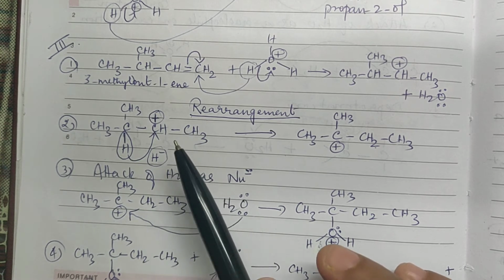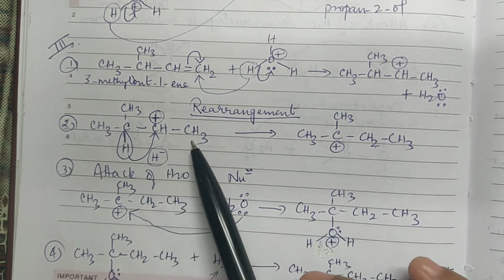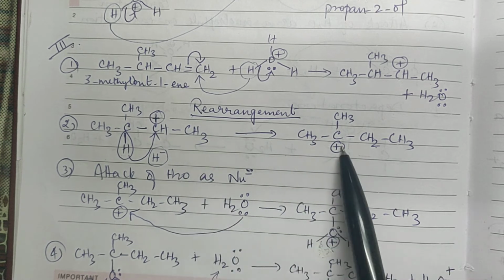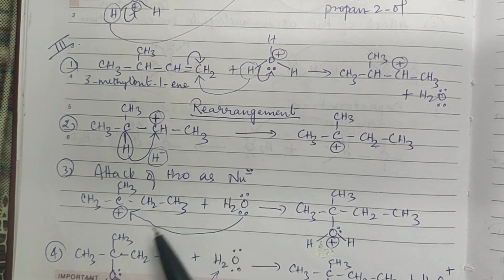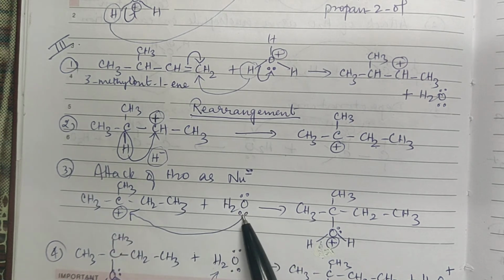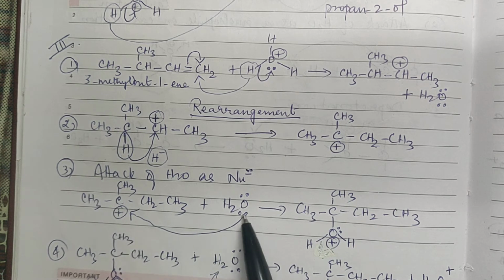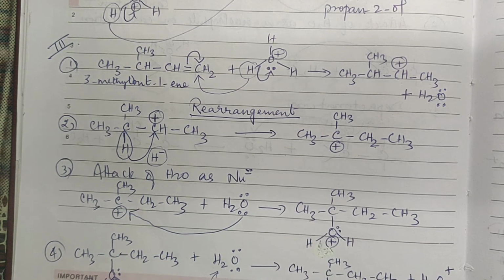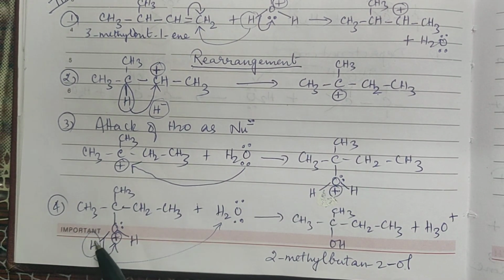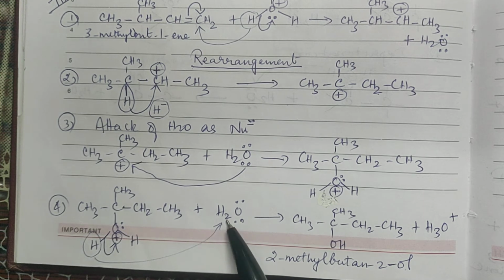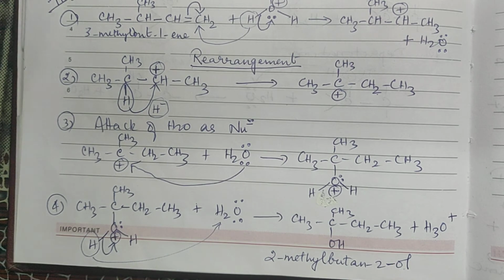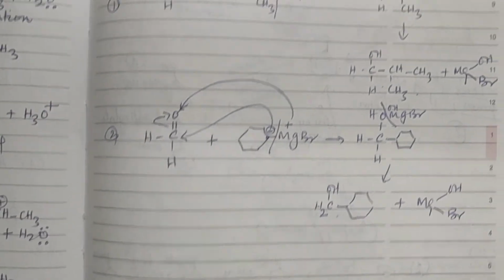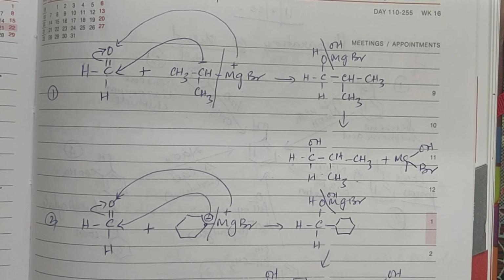So once the carbocation is formed, if there is any possibility of rearrangement, that will happen, and then the second step, that is attack of nucleophile, will be followed. Then the rest of the things are the same. Water is added, the lone pair is attacking the positively charged carbon, and it will form like this, and then finally a proton will get released, and this proton will come out in the form of hydronium ion again, right?